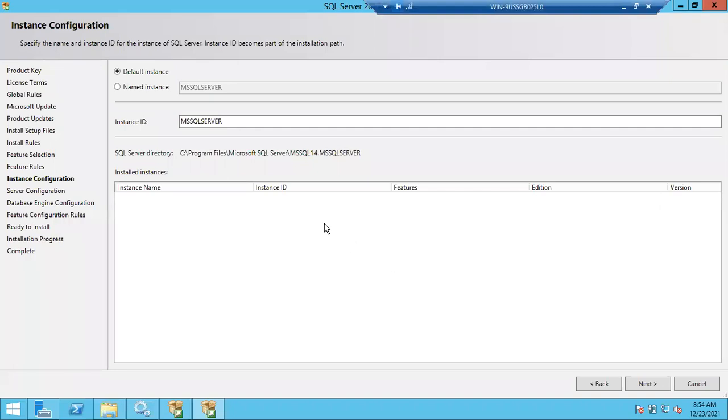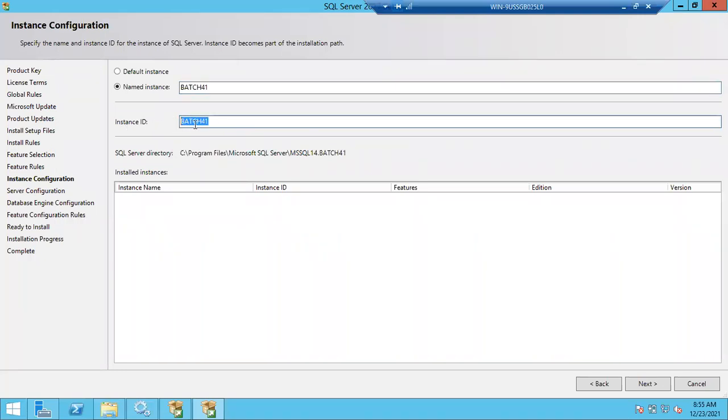So now, if I choose default instance, you will get the name MS SQL Server. All the service folders will be created with the name MS SQL Server. If you choose named instance, it will ask us to give the name. So, batch 41. If I give the name batch 41, then the instance ID will also automatically change to batch 41.